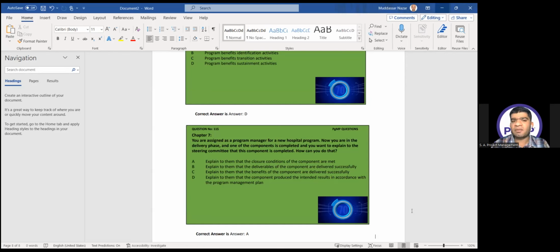the key point is that whenever you have to make a decision, I told you the keyword of criteria: exit criteria, benefit realization criteria, conditions is more relevant as compared to a general comparison with the management plan. Now you want to explain that you have to achieve some milestone. If I tell you, you are ready to give the exam because the passing condition is 90% in the marks, for example, I will say, you are ready to give the exam tomorrow because the condition of 90% above has been achieved. Or I say